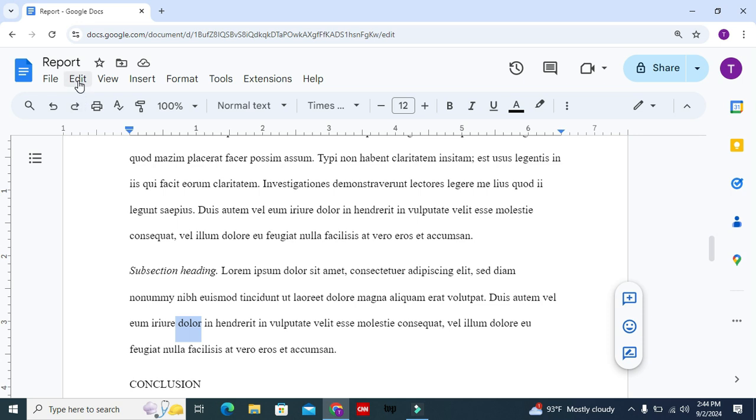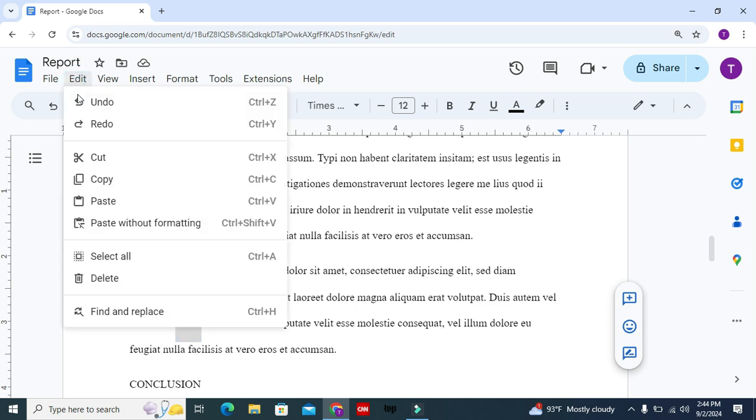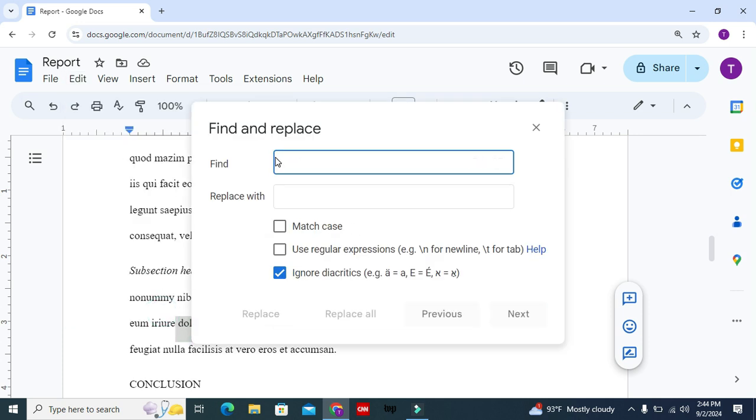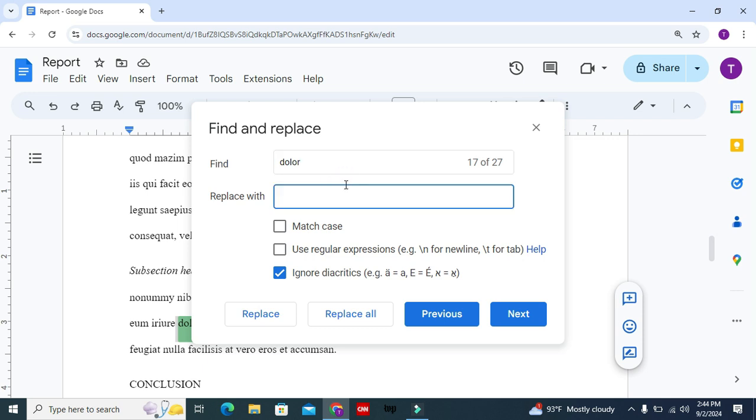On the upper right corner, click on the Edit tab, and here you will find Find and replace. Just click on Find and replace. In the find section, type dollar, and look, it found $27.